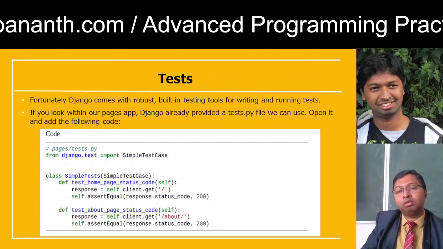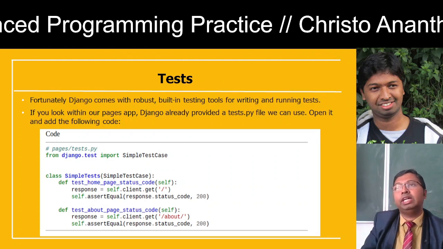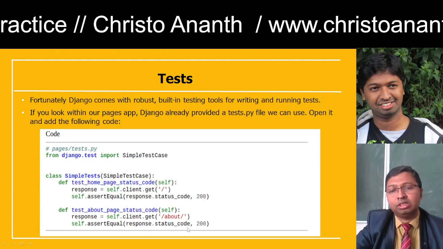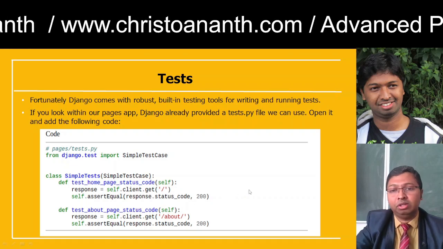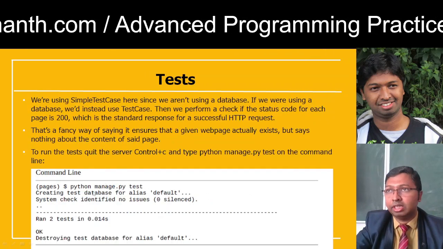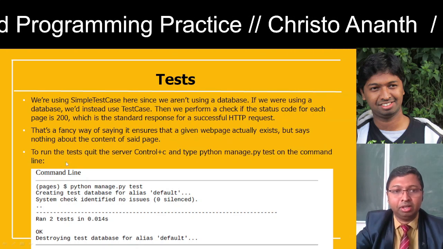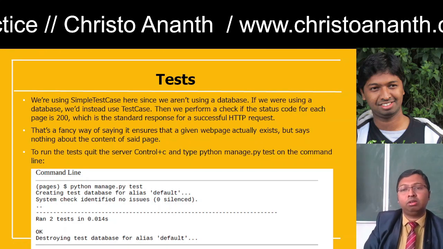Define test_about_page_status_code, self. response is equal to self.client.get, it is the about section. Then the same thing, self.assertEqual response.status_code 200. For the home as well as for the about you are going to have this. We'll use SimpleTestCase because we are not using the database, and we'll have the status code 200 also. Okay. So what you do, you quit the local server, Control plus C, and